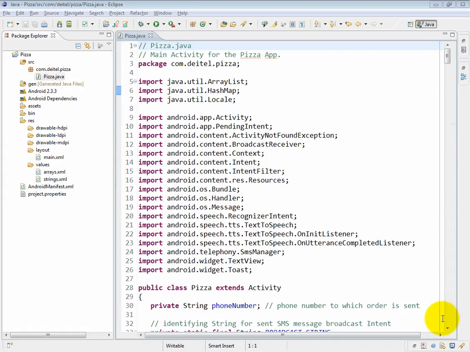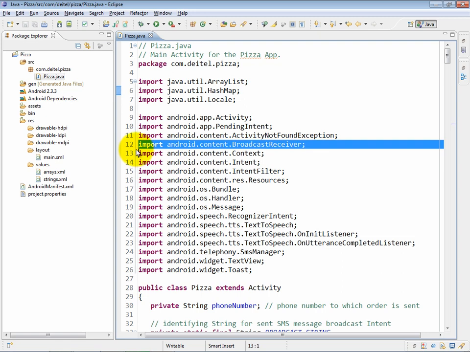We now begin talking about the pizza class, which is the only activity in this app. As you can see here, we have quite a number of import statements, most of which we've seen before, but there are a few new ones in this app. So for example, here at line 12, you'll see that we've imported